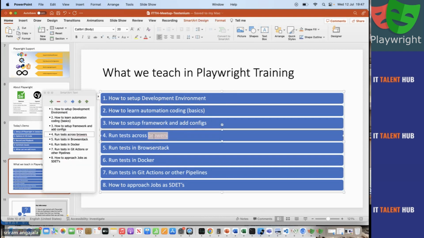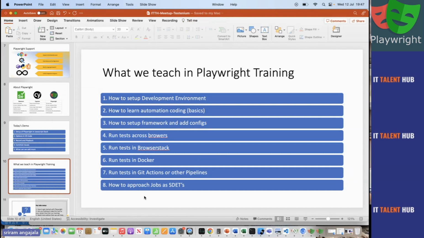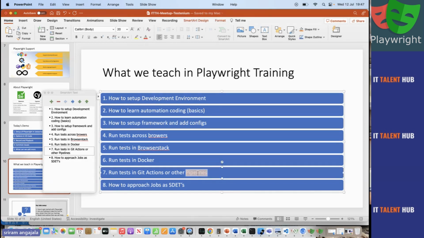And you need to know how to configure multiple browsers, integrate with BrowserStack, and run in Docker, which is very important, because this is all on my Mac, but when you're running in a CI/CD pipeline, you'll be running on Linux machines. We can't just take a chance, so we need to deal with Dockerization, which will help us containerize the whole test. Putting the test in a pipeline is one of the important things you need to know. From my point of view, I can help you teach all these things, but these are the ingredients you need to add on top of the basic Playwright.